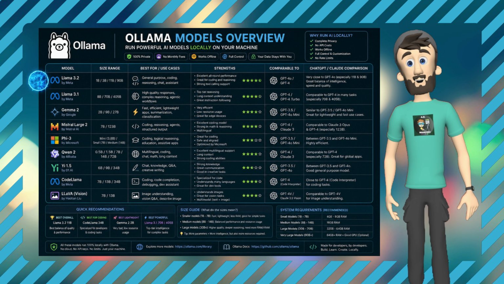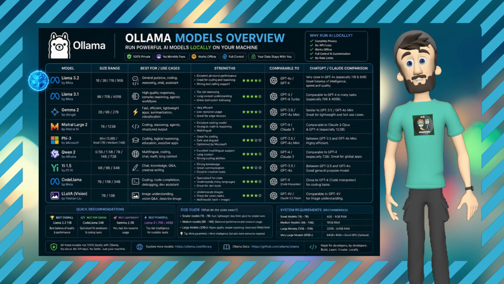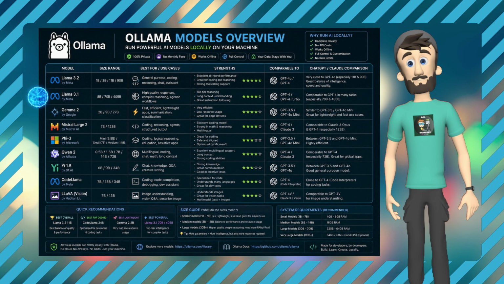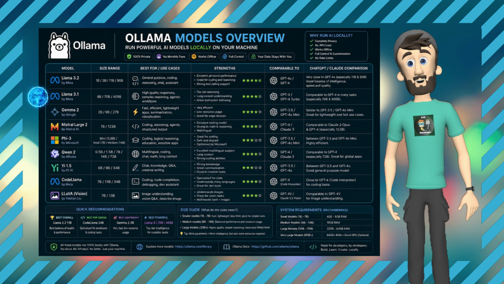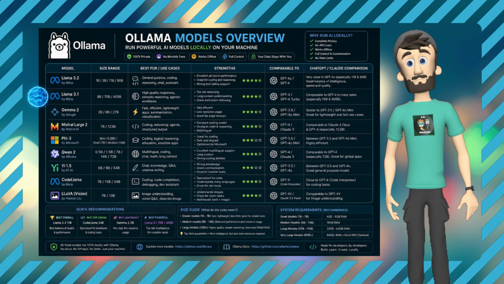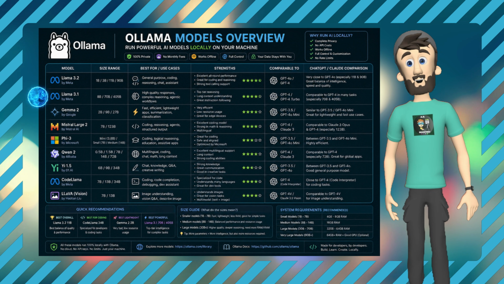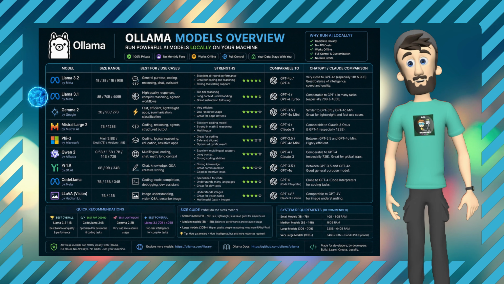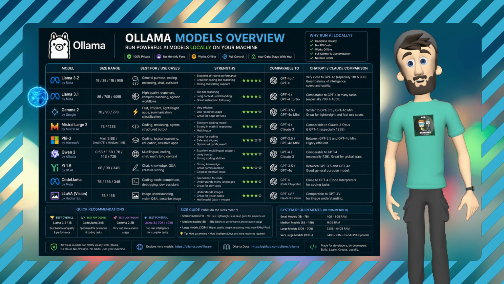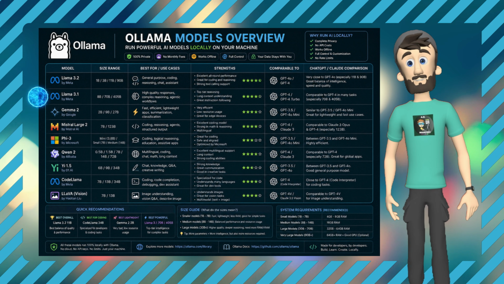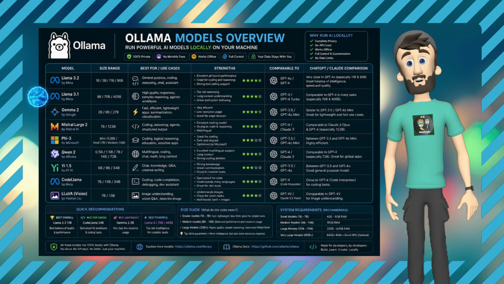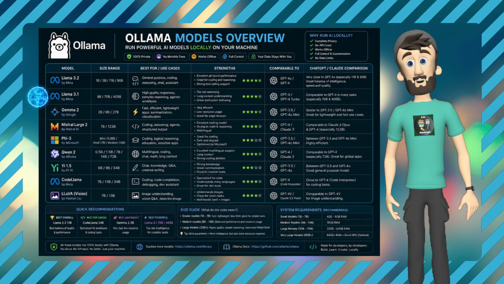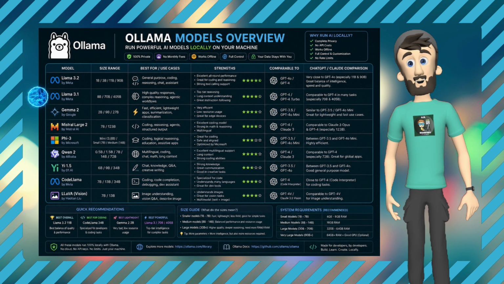If you're only going to download one model after watching this video, Llama 3.2 is an excellent choice. Next we have Llama 3.1. This model is focused even more heavily on reasoning and complex tasks. It performs extremely well when working with larger contexts, complicated instructions, and multi-step problem solving. The larger versions can produce results that are genuinely impressive and often comparable to some of the most advanced cloud-based AI systems available today. If you need maximum intelligence and your hardware can handle it, Llama 3.1 is definitely worth